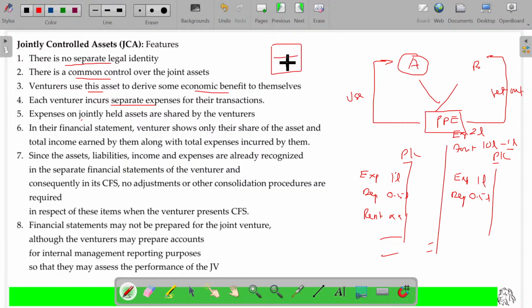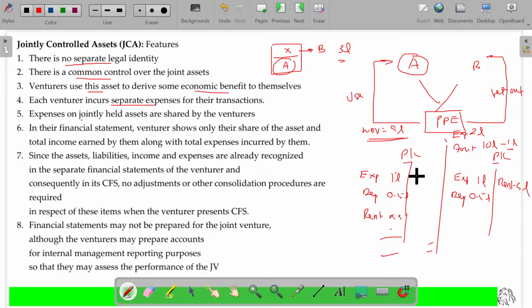Understand? Property, plant, equipment, especially this is a building. A jointly controlled building where the ground floor is occupied by A, and the first floor is let out by B. Because A himself occupies, he will not pay any rent. And B lets this out to a third party for a rent of rupees 3 lakhs per annum, so he simply records the 3 lakhs revenue here. By the first year end, the property, plant, equipment's WDV is 9 lakhs. The 9 lakhs is held by A and B equally. We assume either it may be equal or some other ratios.